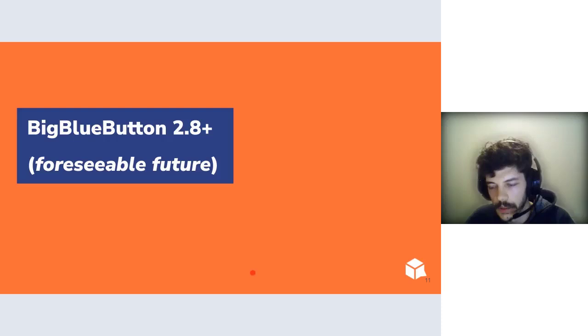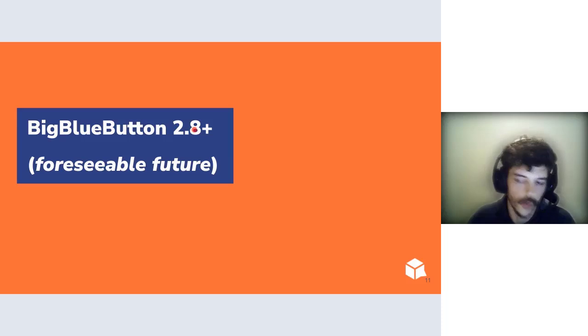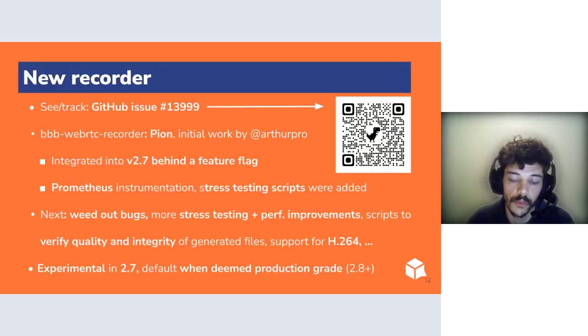And now I will talk a bit about what we are planning for the foreseeable future, and by that I mean BigBlueButton 2.8 or whatever the next version is, and later versions. So the first thing we've planned, and we are actually working on right now, is a new recorder. I've mentioned that Kurento still lingers as a recorder for mediasoup streams in the backend, but while it performs well in that role,